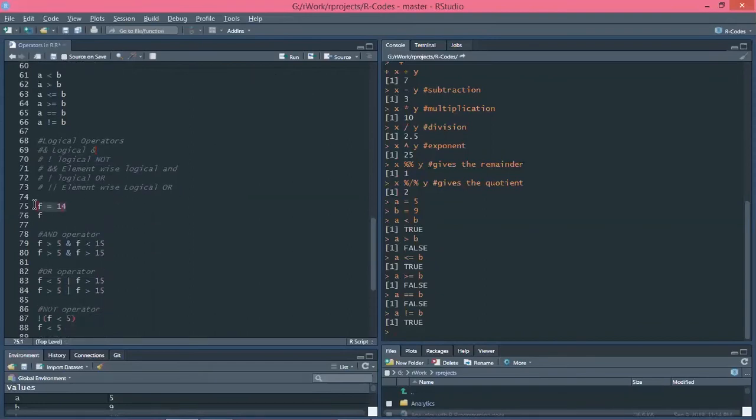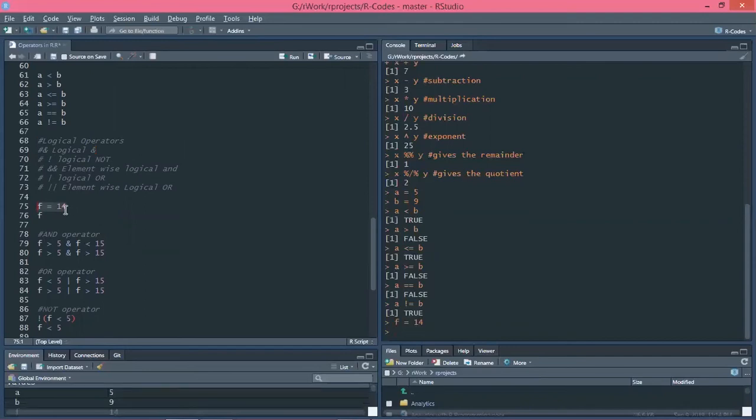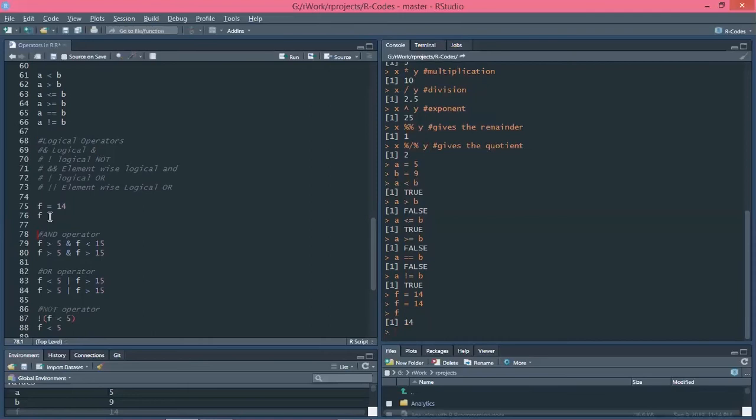So I have created a variable here, f, with the value 14. If you want to check it, its value is 14, you can see. Next, we are using the AND operator first. I'm giving a condition. Logical operators help us compare values using multiple conditions applied to them.